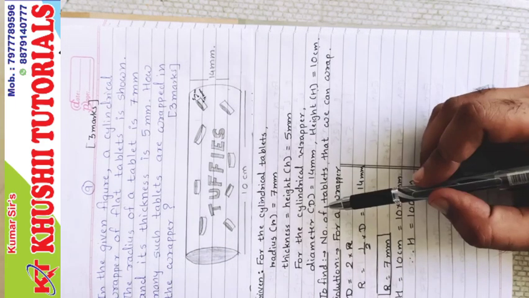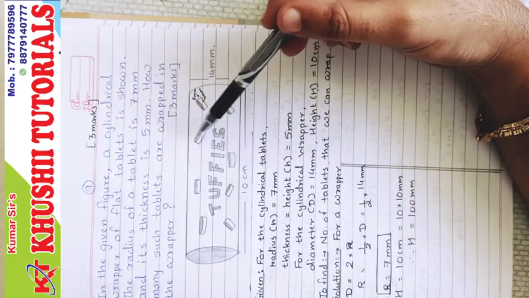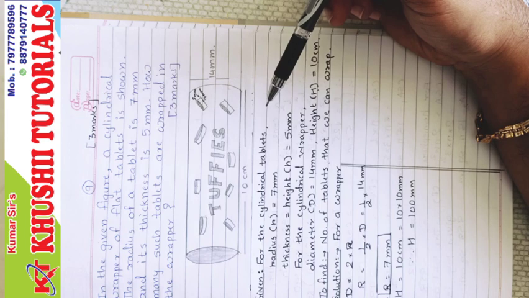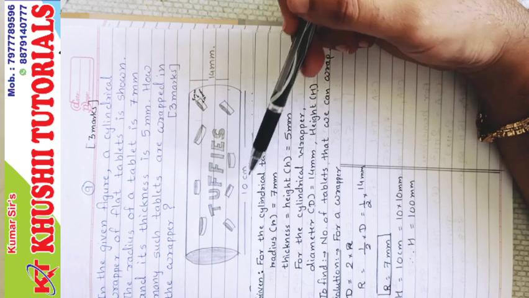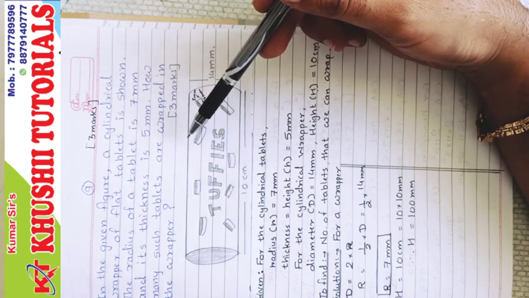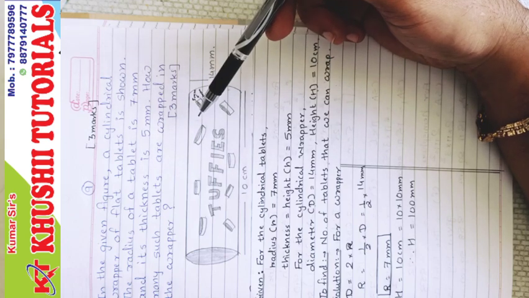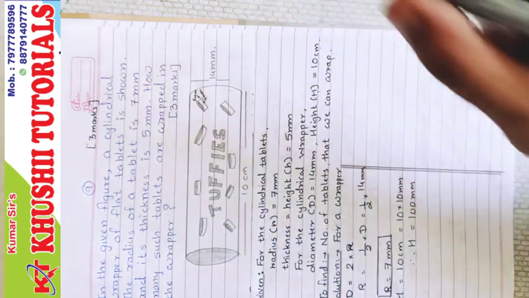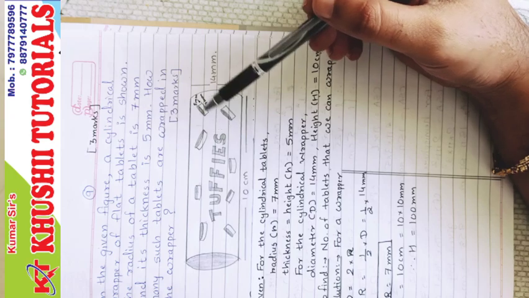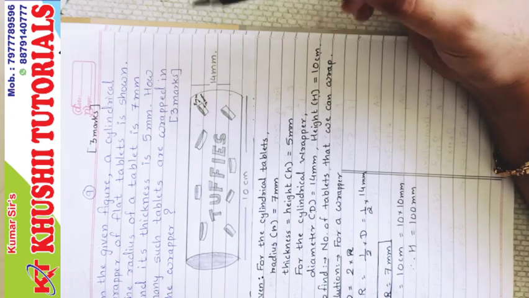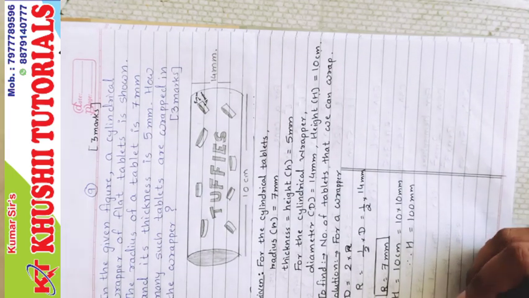Now we need to find number of tablets that we can wrap in it. It means how many tablets it can hold. So for that we have to understand the capacity of the wrapper when you convert the wrapper into cylindrical shape. So the volume of wrapper, capacity of the wrapper means volume of wrapper, right? And we need to find how many tablets we can wrap, means how many tablets we can fill in it. So for that we need to find volume of tablet, and then we have to divide, right? So first of all we will find the volume of cylindrical wrapper.